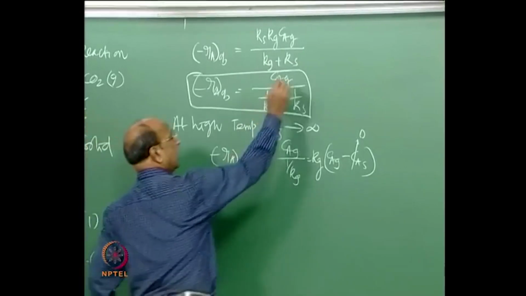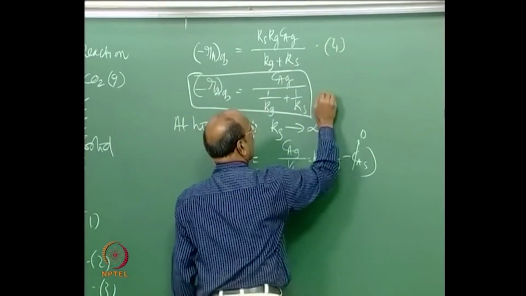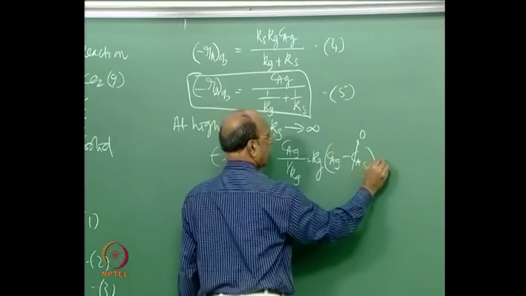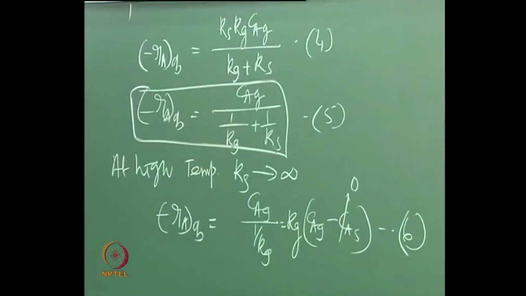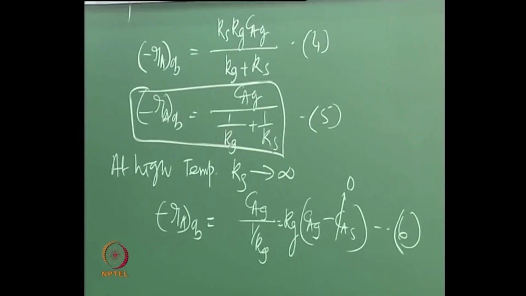So, this is 3, 4, 5 and then 6. Now, you see, if you assume that for this gas phase you have plug flow,